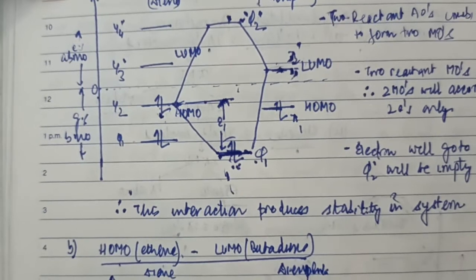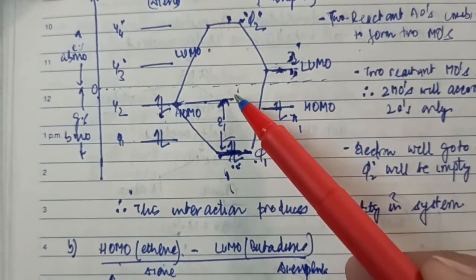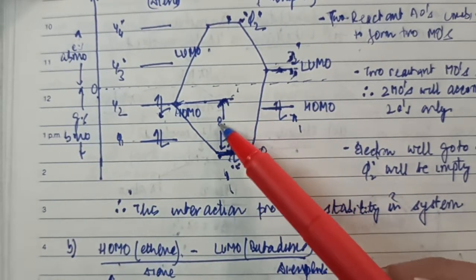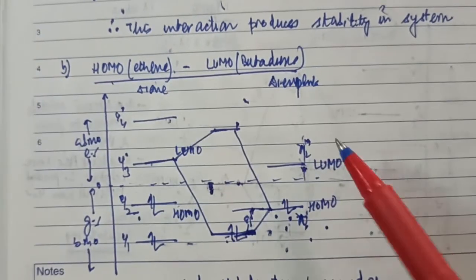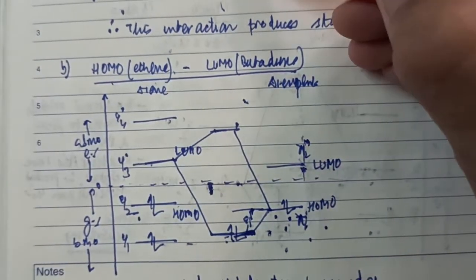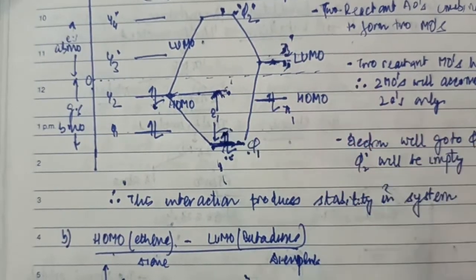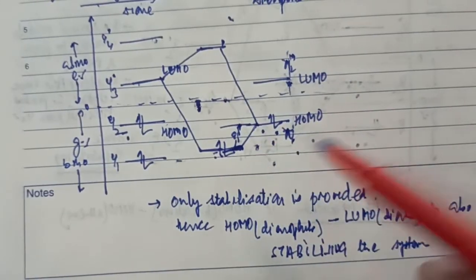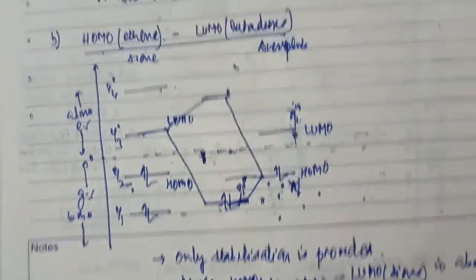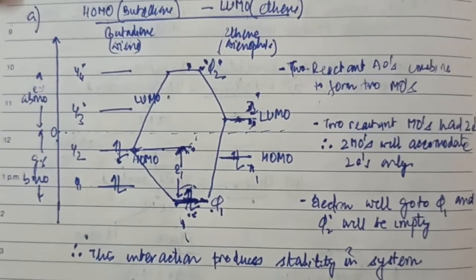Now, one more point of consideration here is that, if you look at the picture, I have shown E1 to be larger in value here as compared to E1 there. Look at the size of stabilization. In this case it is more, whereas in this case it is small. Now, how do I decide when there will be more stability and when there will be less?